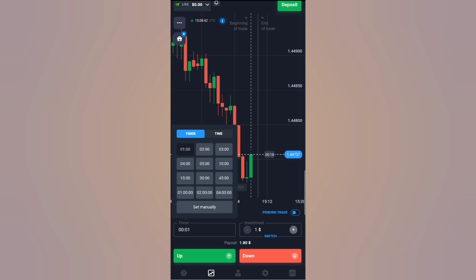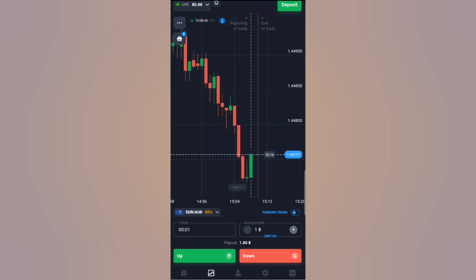The main difference is that with the timer, you should enter the trade when the next candle starts. For example, it's more specific to candles and stuff like that. For example, at the beginning of this candle, 3, 2, 1, I